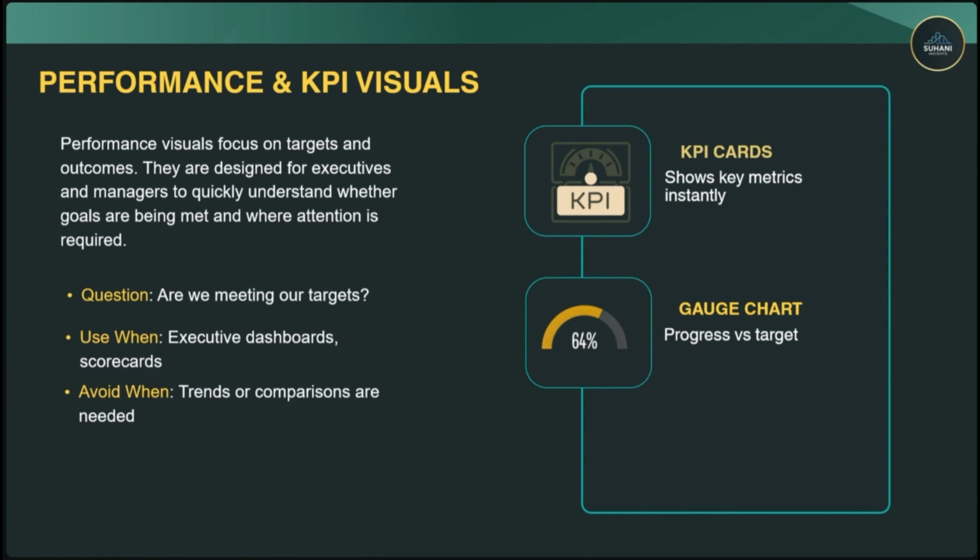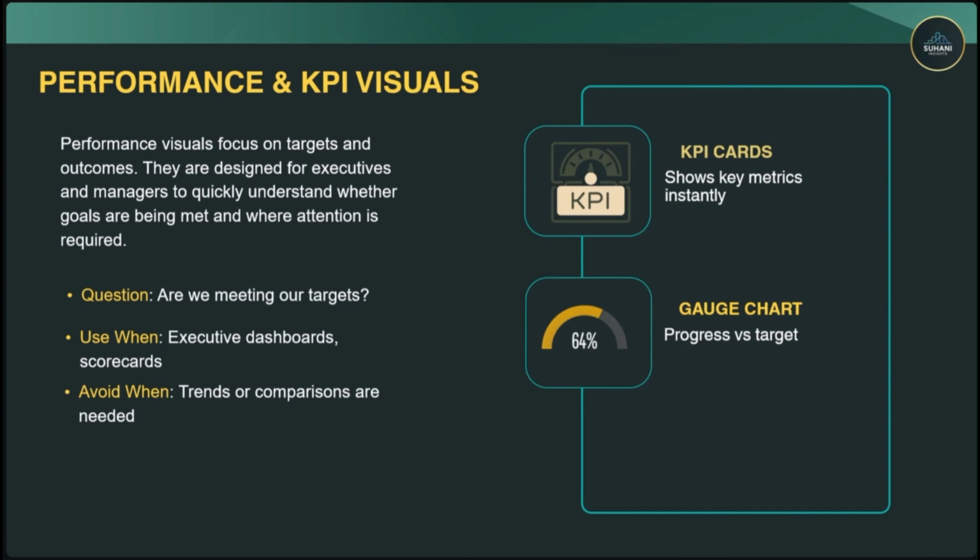If we talk about the KPIs, the key performance indicators, they help us to understand the key metrics of the data, like what is the total sales, what is the top product, which product needs attention, which was the best selling city, where was the most product sold. If you're talking about something like that, then KPI cards come into attention. So the use case of these visuals is if you're talking about any executive dashboards or any scoreboards, or if you want to make any visuals which can be analyzed quickly, in a minute, then these visuals help us. And we should avoid them when we are talking about trends or comparisons.